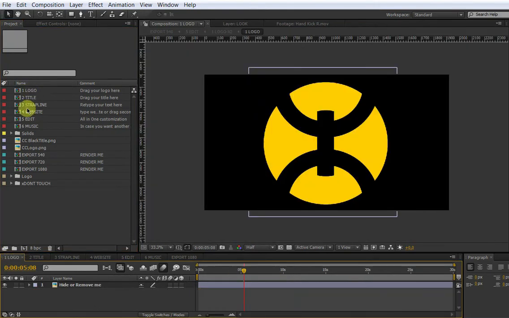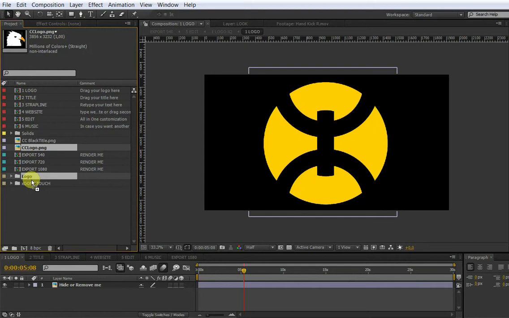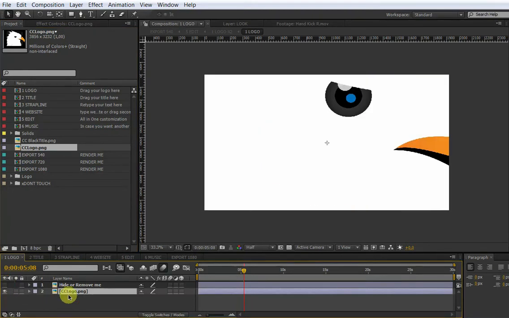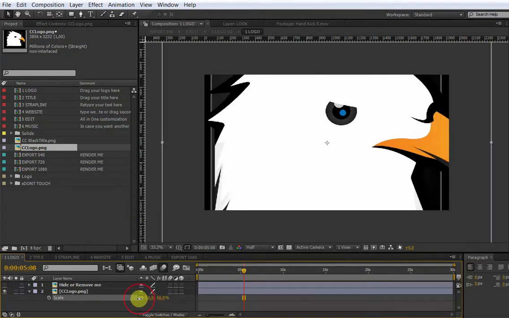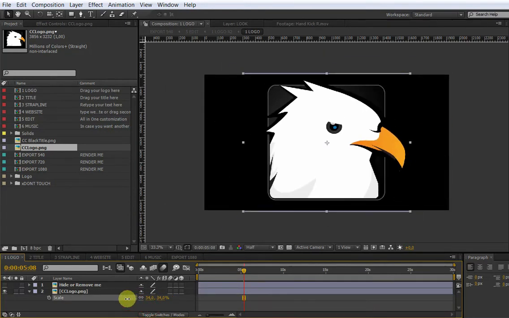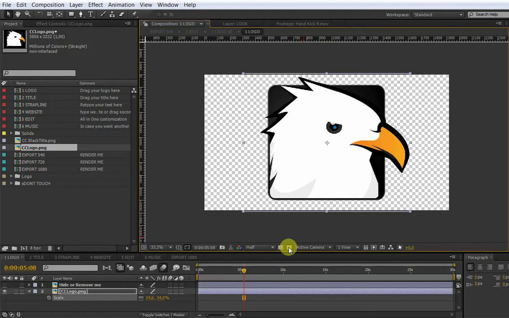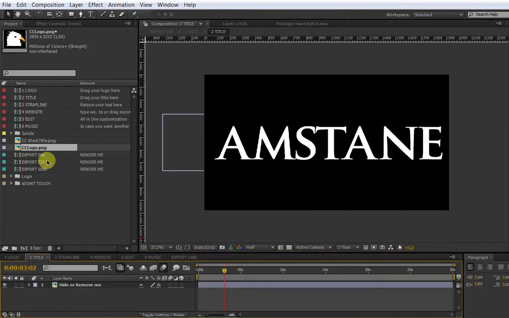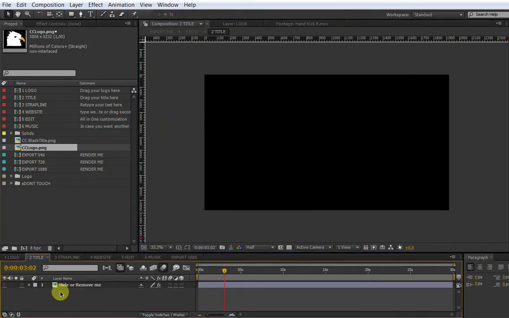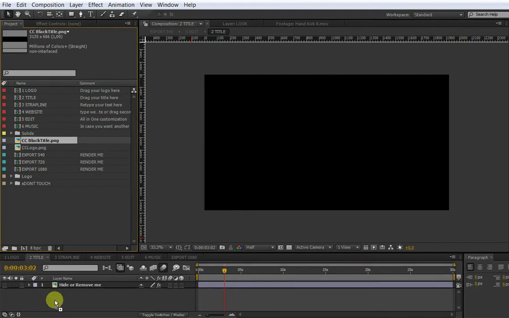You can find it here in case it's closed accidentally. So just drag your logo here. In this case, it's this one. Hide the other one. Press S for scale while selecting your logo, of course, and just resize it to fit the comp. Okay, so second thing, you have to put on your title, so just drag it down again, press